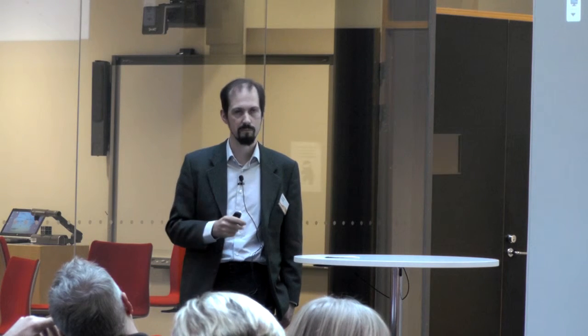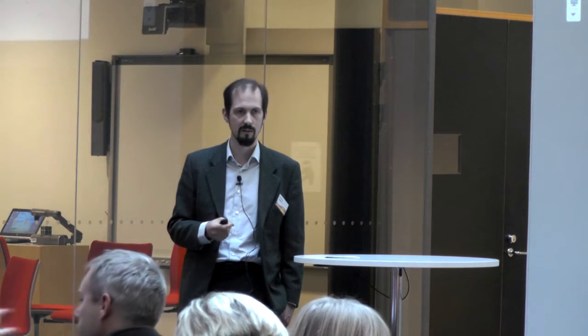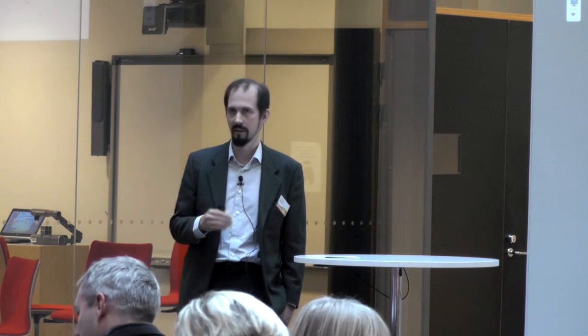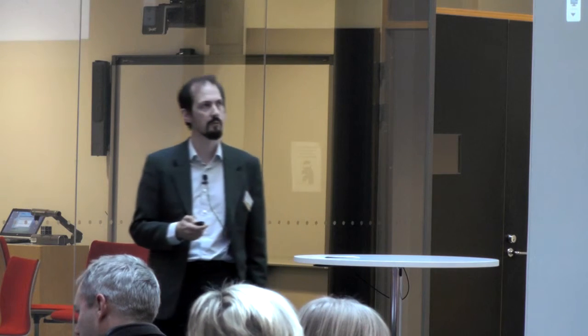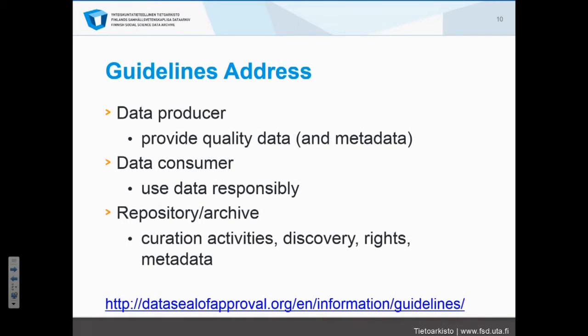If in the future the DSA requires more, then you'll have to do your approval again. So it's an ongoing process. These are the 5 criteria. Not going to read them aloud, but if you do, you realize that actually they have something to do with open data. You need to find your data. It needs to be reliable. It needs to be there. You need to know your licenses. All these important bits.